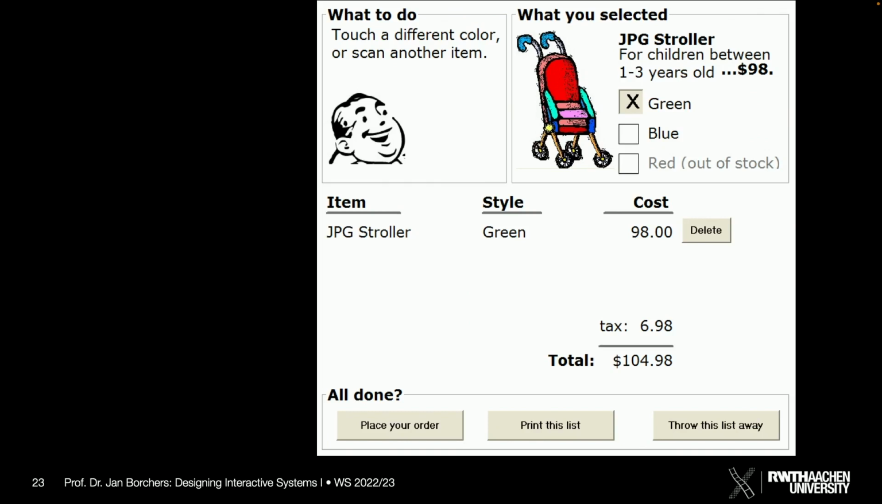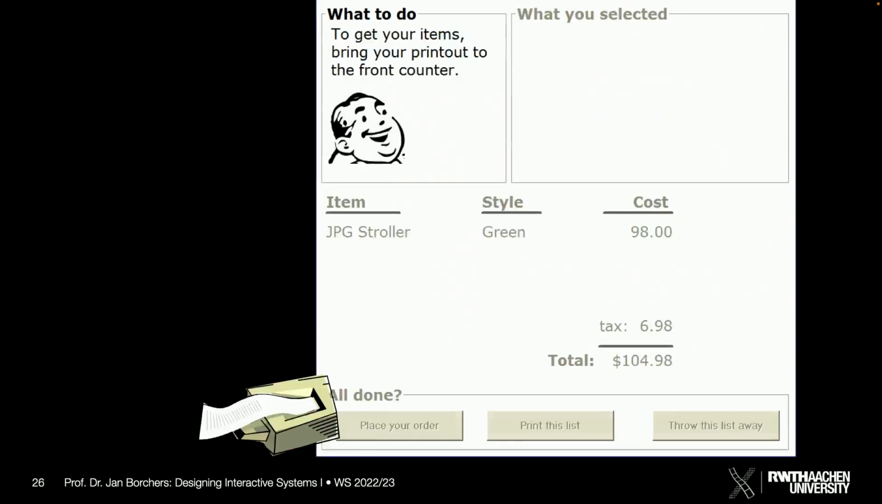So now, as you can see here, we can pick this color, right? Right now we've picked it as a green stroller, but maybe we want a blue one. So we'll go in and instead tap on blue, and when we tap there, the cross moves from green to blue. And now we can place the order, right? So we go in, tap on place your order, and when we do that, what happens is,